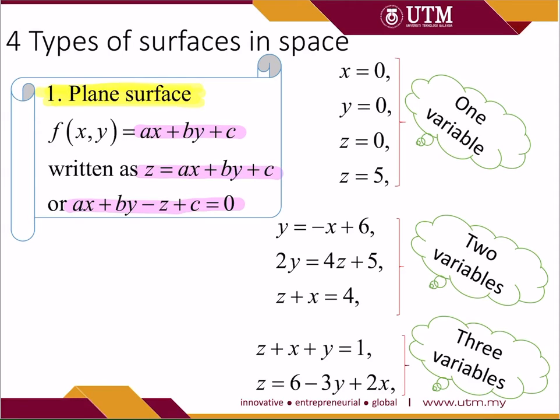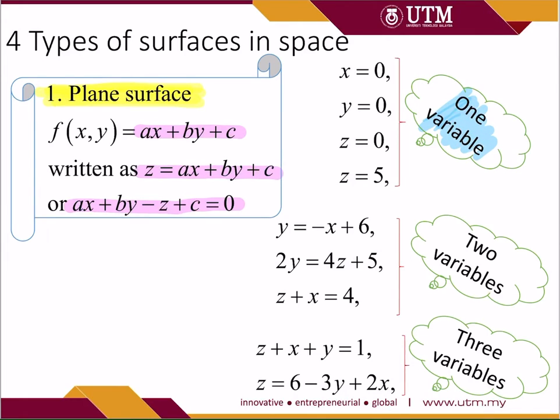For the plane surface or flat surface, it is linear. x degree 1, y degree 1, z also degree 1. So from here, basically we have, let's say, for one variable, we have